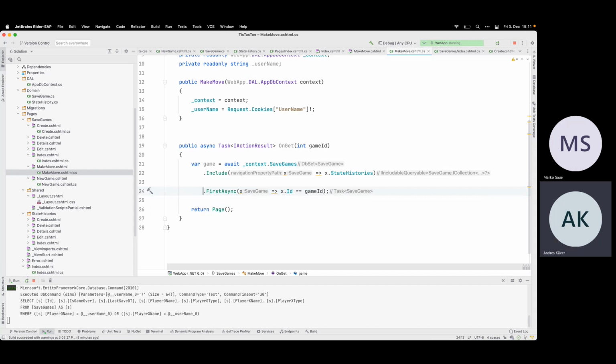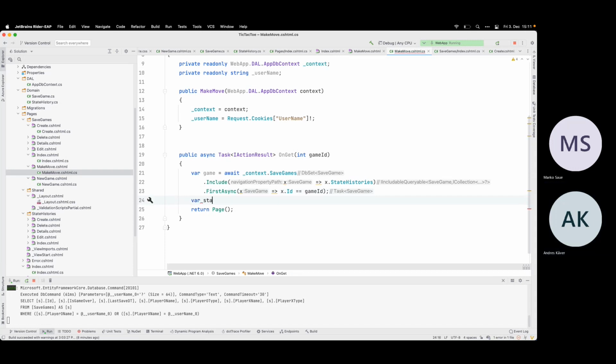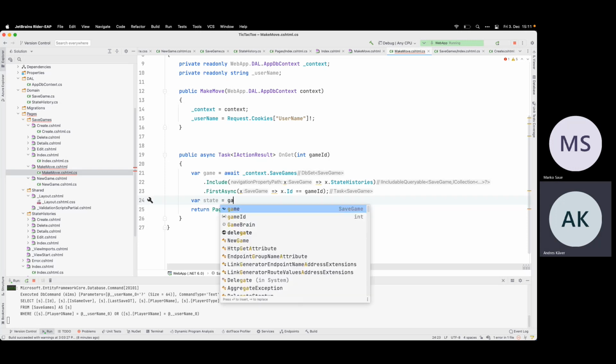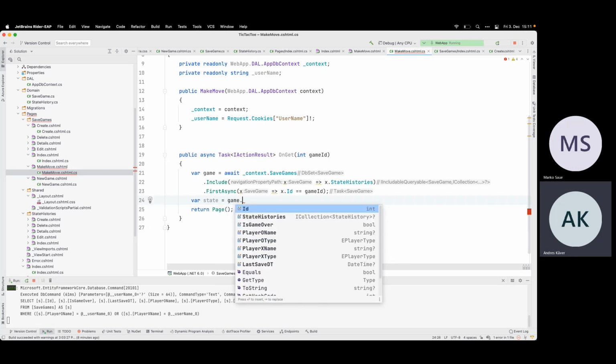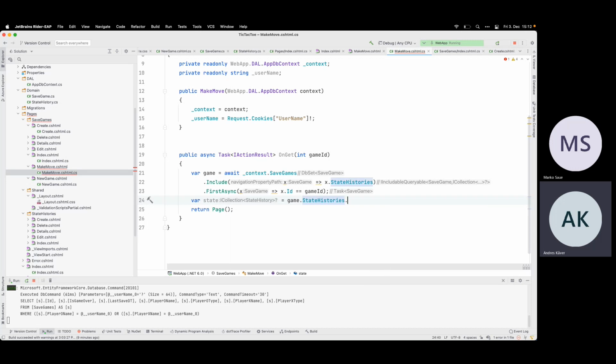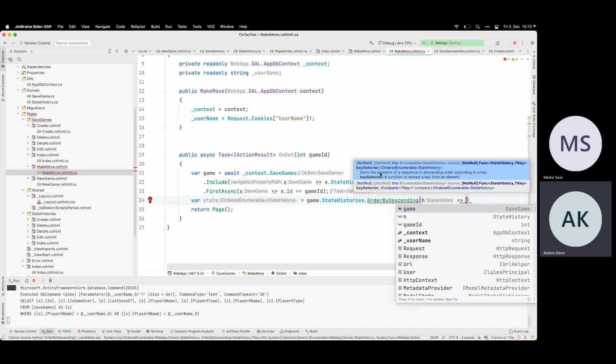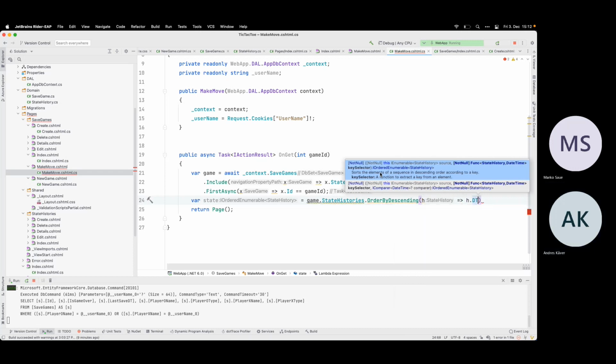I need to do it this way. So var state, let's do this. State equals now game dot state histories, order by descending, this is the history, date name.